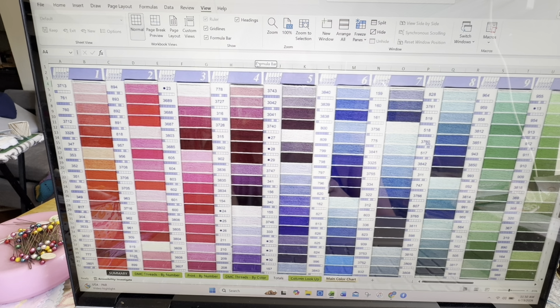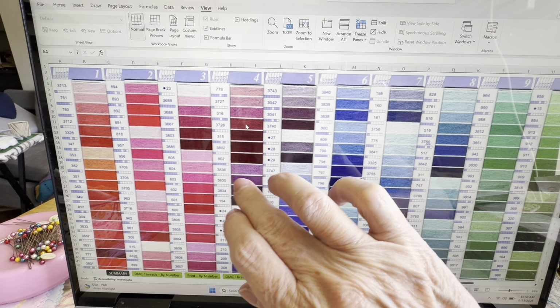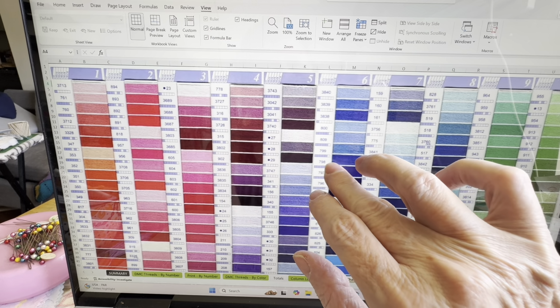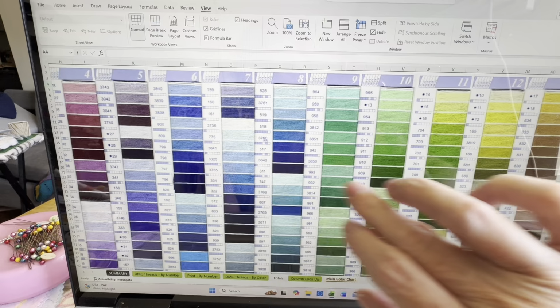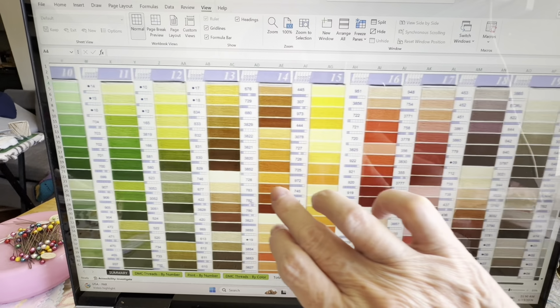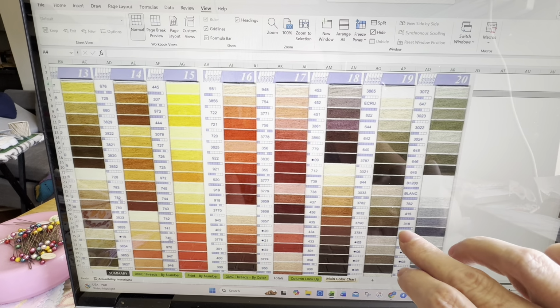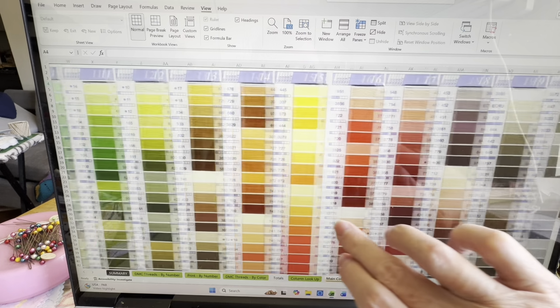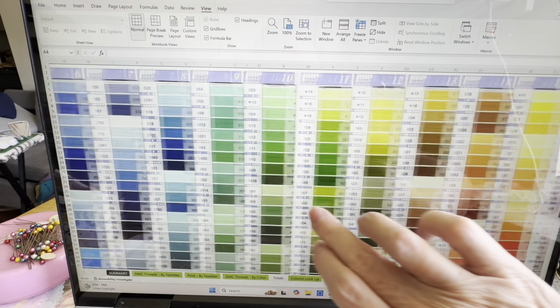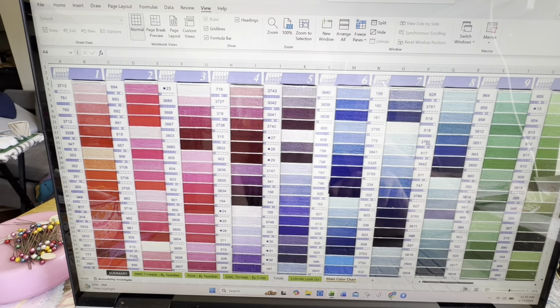Okay, this is from the DMC site. This is a photograph of all the different threads up to column 20. They're in order by color. So what I have here is